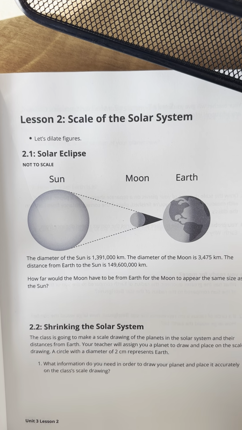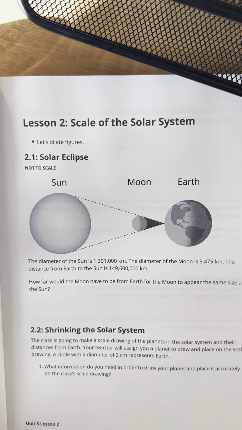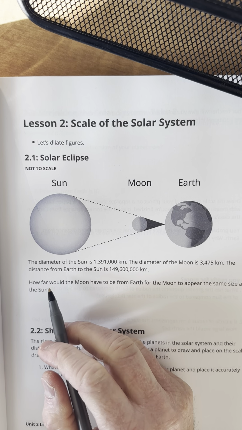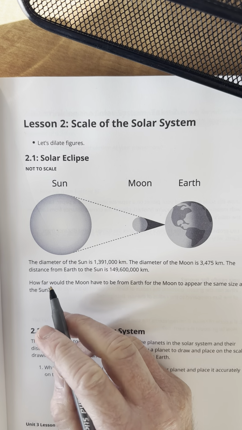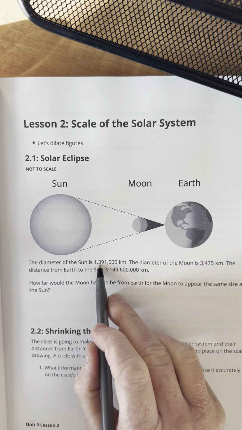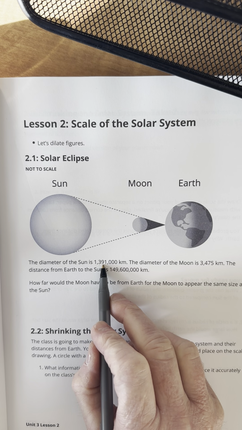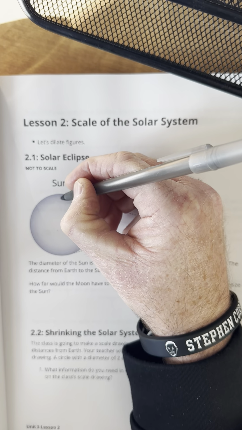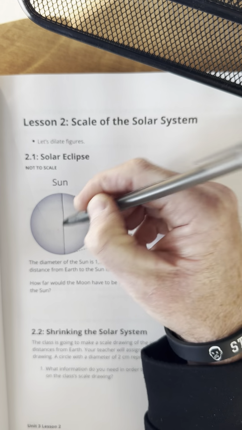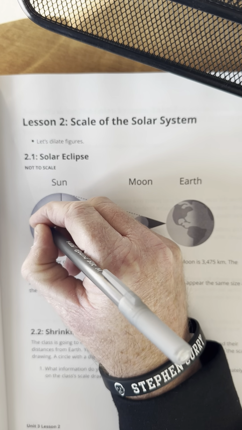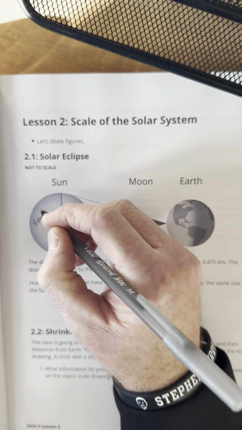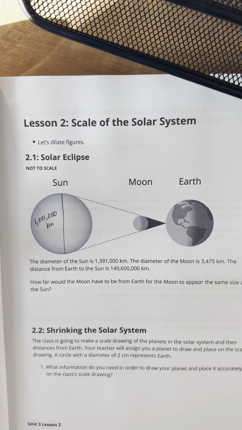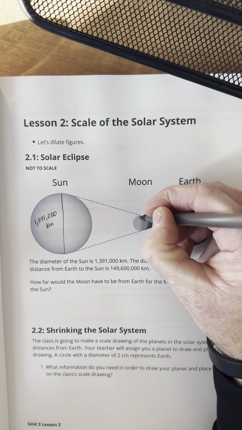Okay, here we go. Lesson 2, scale of the solar system. 2.1 is called solar eclipse. They say that the diameter of the sun is 1,391,000 kilometers. Okay? The diameter of the moon, right here,